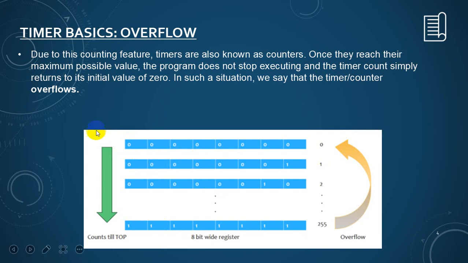For here, this time I start from 0 and continue till top. Top means the maximum value. For an 8-bit register, the maximum value is 255. For a 16-bit register, the maximum value is 65,535. Okay. So in one technique, how do we keep track of how many counts have been made, how many passes,